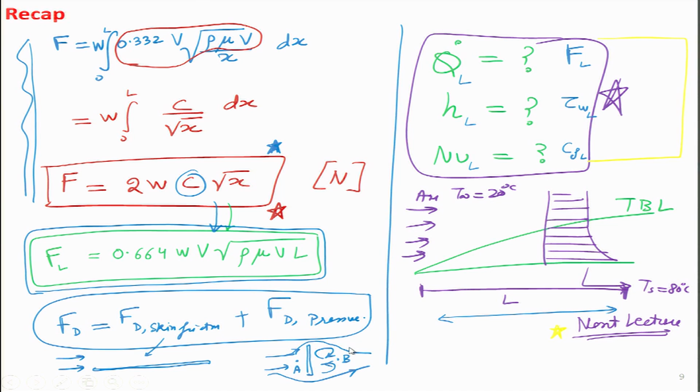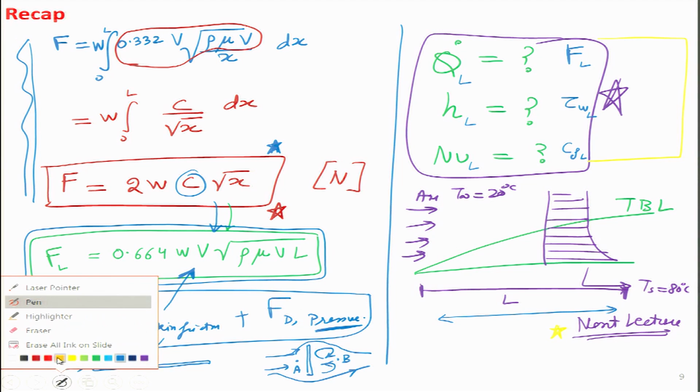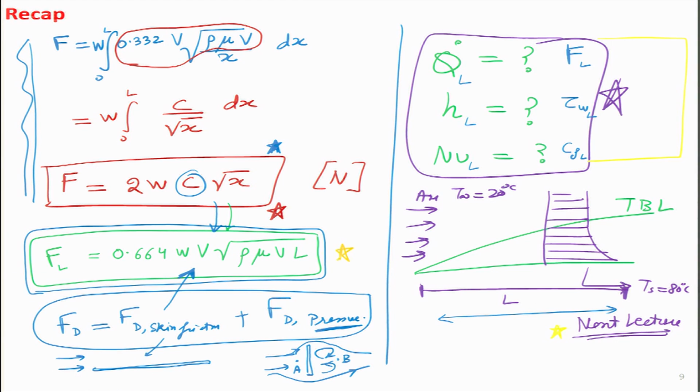So, in this particular case, the drag is predominantly due to the pressure term over here. Since we are dealing with a streamlined body, a flat plate is almost like a streamline, it is not a bluff body. So most of this particular force is actually coming because of the skin friction, and that term we have figured out from our analysis yesterday. Now, let us continue this analysis and try and figure out what is the value of tau WL and